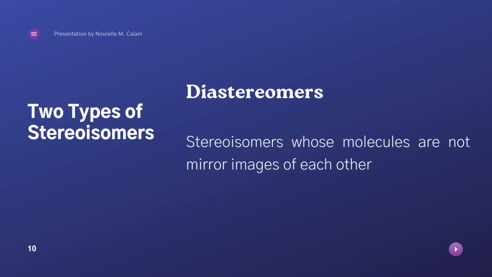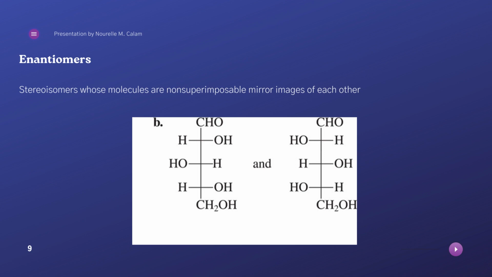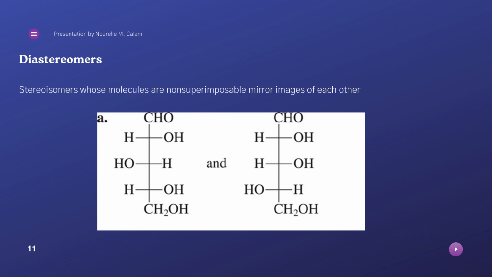So again, it's very easy actually to identify the two. Pag they mirror gani one another at their chiral centers, then those are enantiomers. When they do not mirror one another, then those are diastereomers. So you answer the given activities on this one for you to practice more on how to differentiate the two